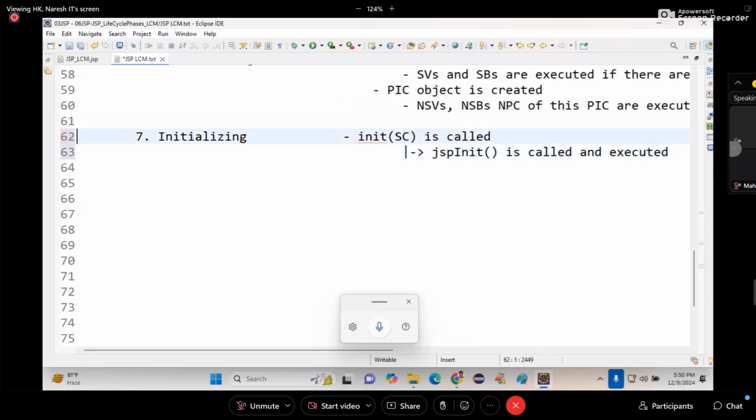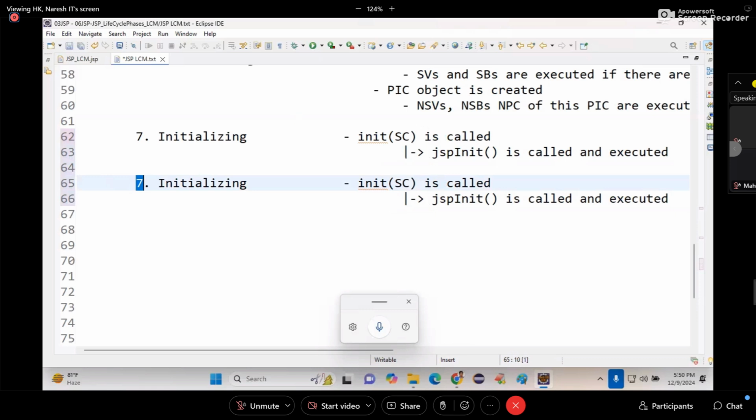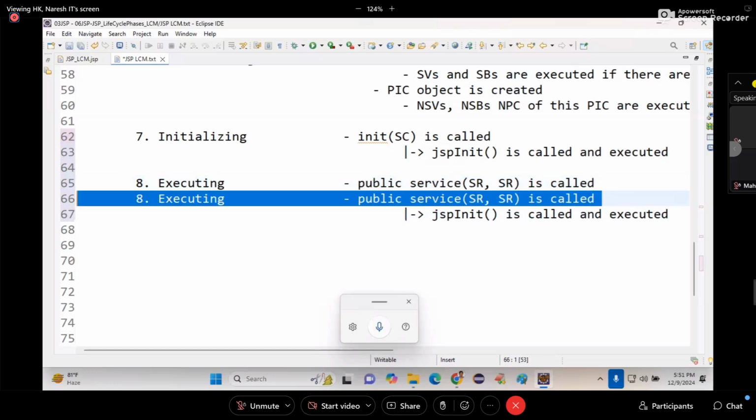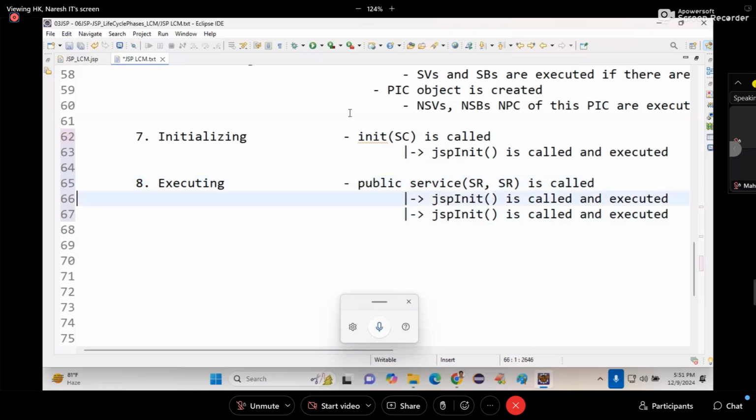Then next, the eighth step, executing. In the executing phase, what method is executed? Service of servlet request, servlet response. Which service? Public service. Next, it implicitly calls